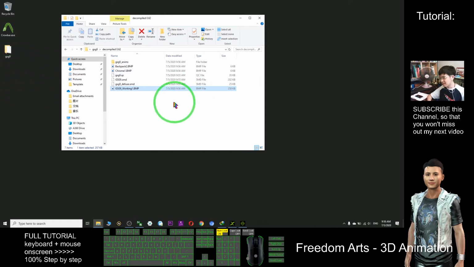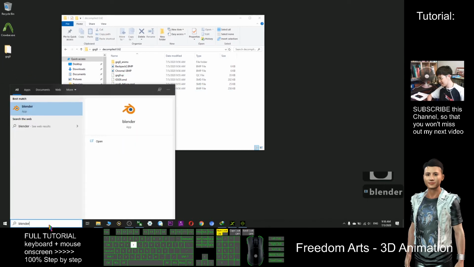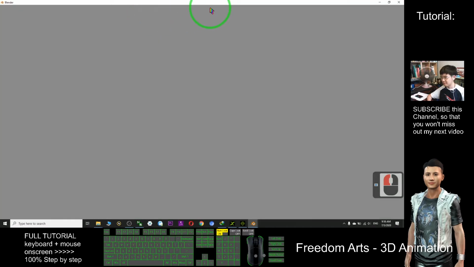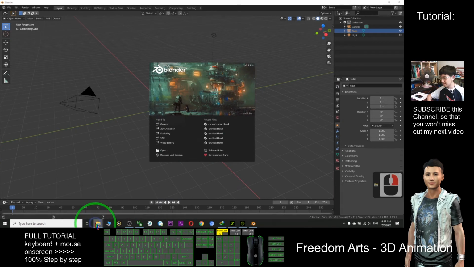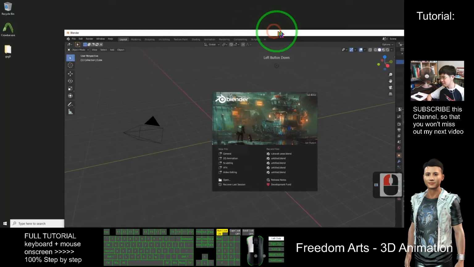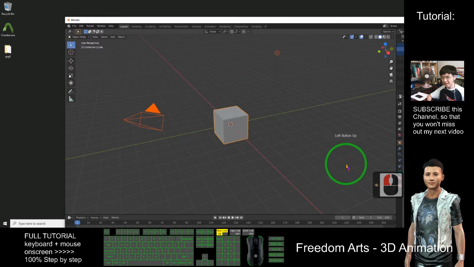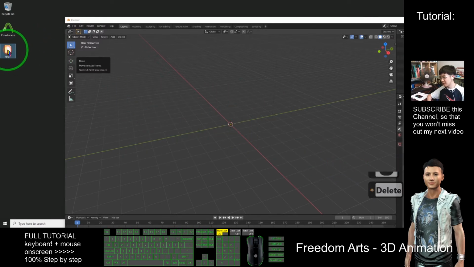So now, before that, we start Blender. Now I delete everything here. So in this folder,